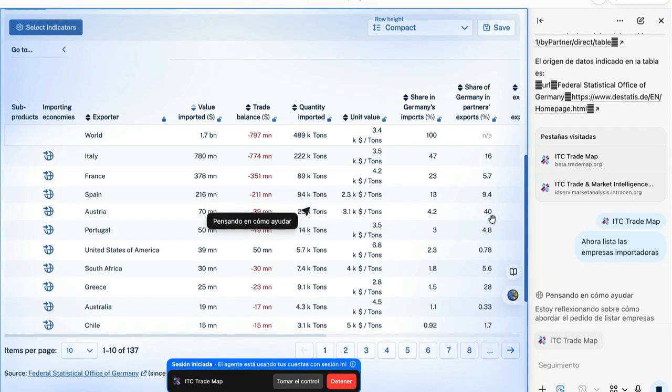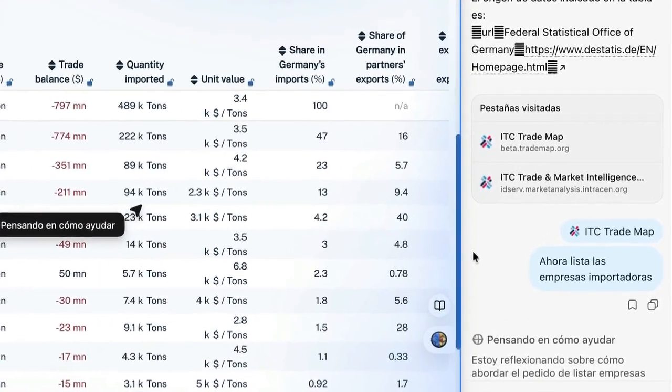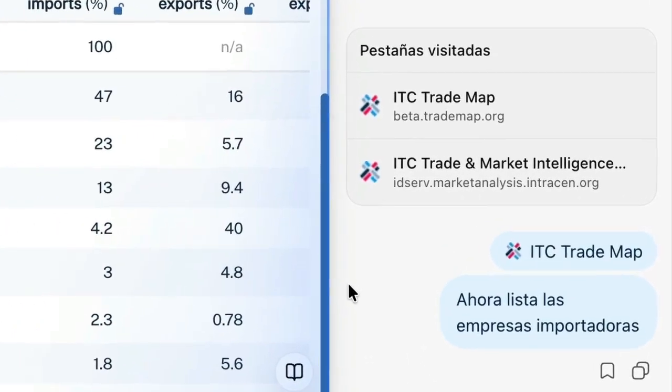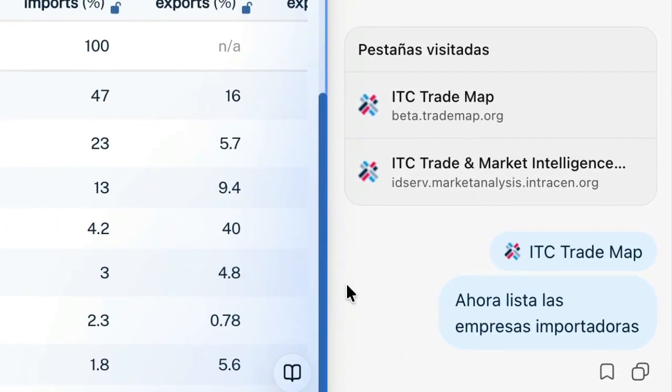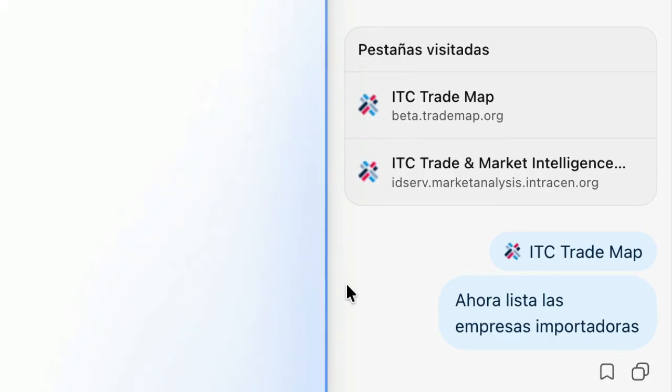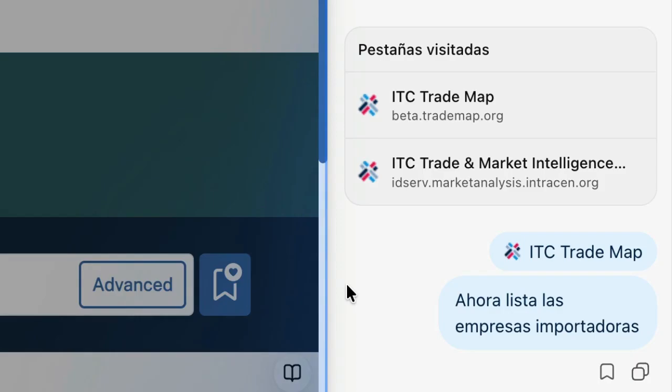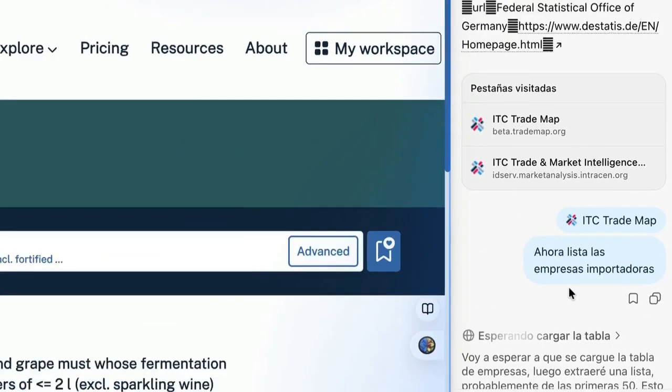In the other search, what are we going to ask it? Now let's have it show us the list of importing companies. And the most interesting thing is that it visits, for example, the websites of the top 10 resulting companies and, taking into account my wine, which could be a mid-range Spanish wine, have it tell me. Out of those 10 resulting companies, since it has visited each of their websites, which of them could be interesting for me?